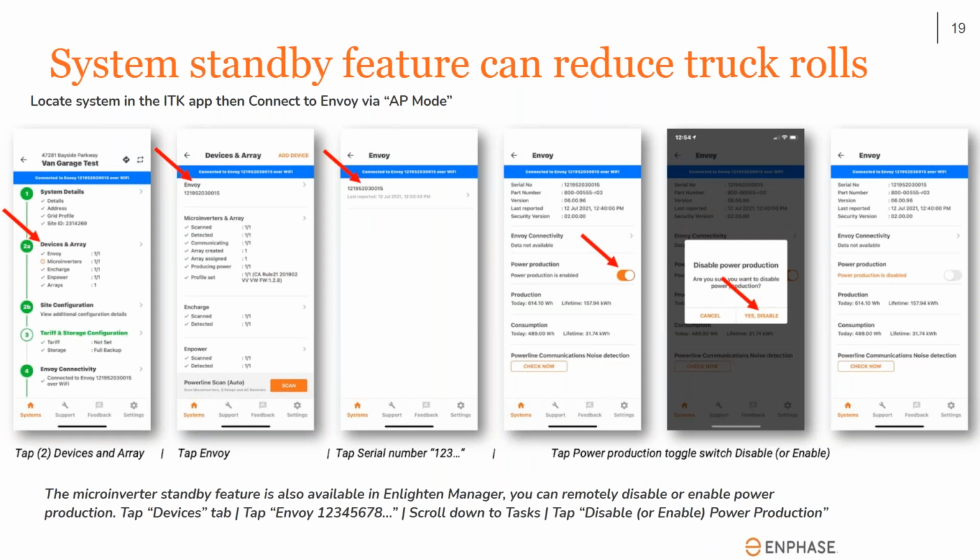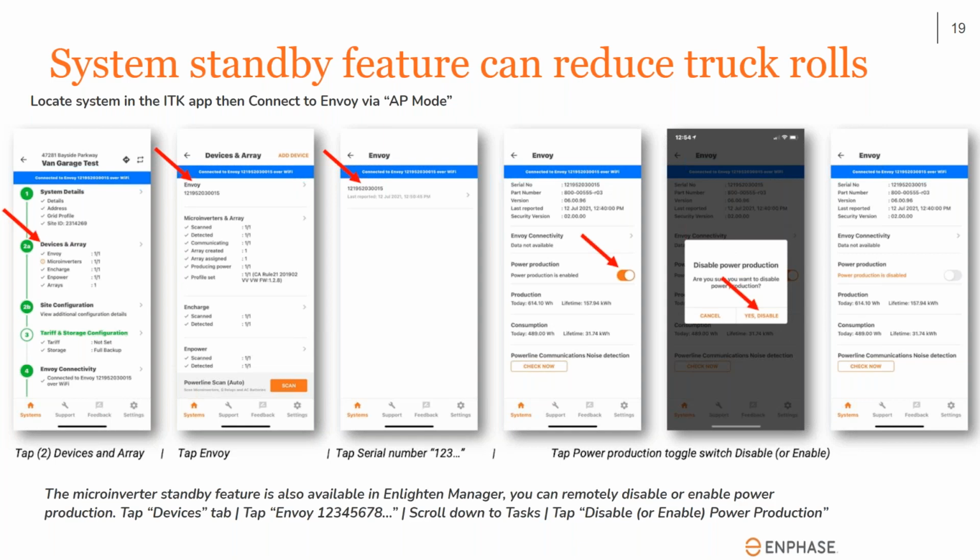Well, so we talked about different ways that crews operate, different issues on sites. For example, the site where there was a sticker issue or other item earlier that caused it to not pass inspection or delayed the PTO. So I wanted to mention one of the neat features within the Enphase system: it's really easy to put the system into what we call a standby mode. And you can do this from the job site.